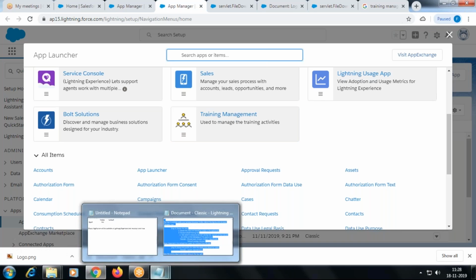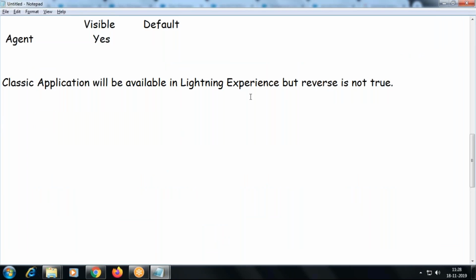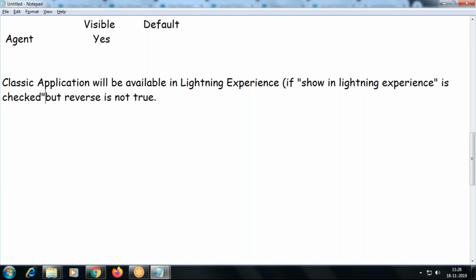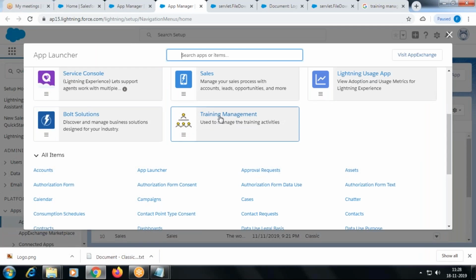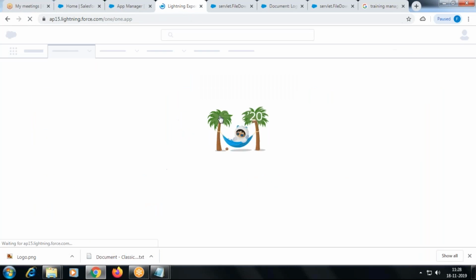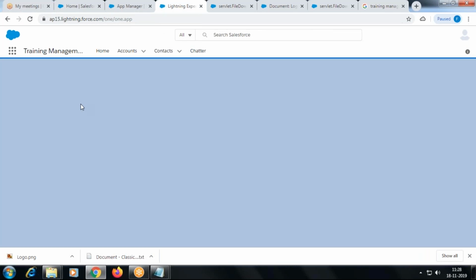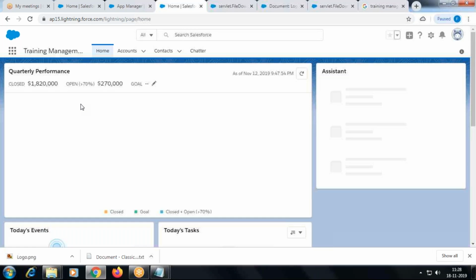So your Classic application that you created will be available in your Lightning if the Show in Lightning option is enabled, is checked. People got this? So I select here.